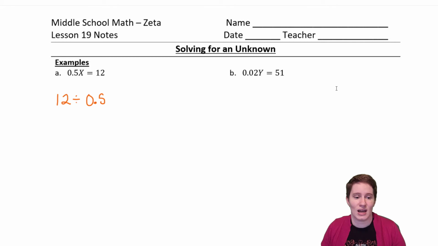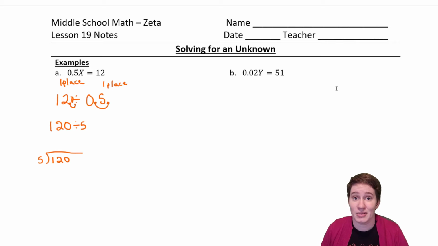So we take this and we say, how many places do I need to move 0.5 so that it's not a decimal anymore, so that it's 5 instead? I'd have to move it over 1 place, which means that we need to move it over 1 place on the 12. Otherwise, we've basically changed our numbers. But as long as we do it to both of these, then when we divide, we'll still get something that's true. So for 12, we need to add a 0, because we're moving the decimal over a place. So what we're really doing is 120 divided by 5,